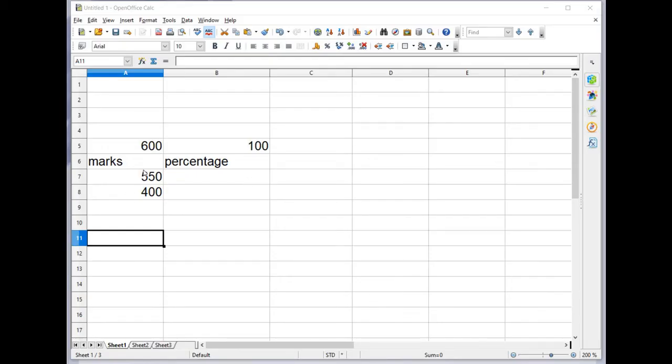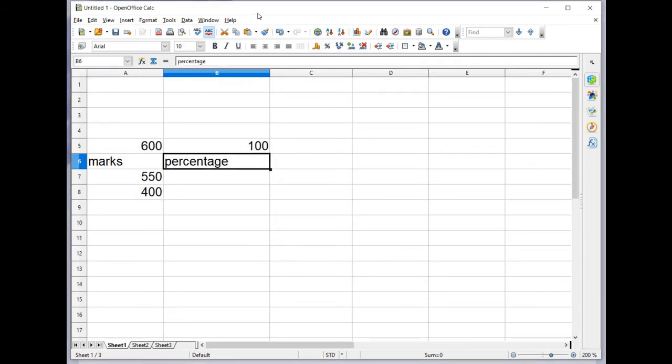So to calculate a percentage, look here, the mark for 600 it is 550. We are going to calculate the mark for 100. That means we are going to calculate the percentage. Normal formula is equal the number 550 divided by 600 into 100. Am I right?